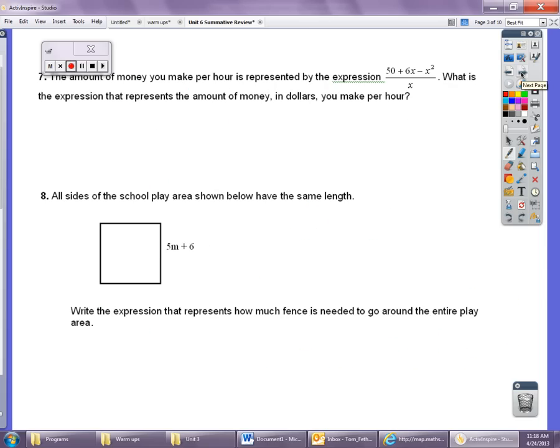Going on to number 7. The amount of money you make per hour is represented by the expression. What is the expression that represents the amount of money in dollars you make per hour? Well, we're just going to simplify this expression. So when we have it, we're just going to do